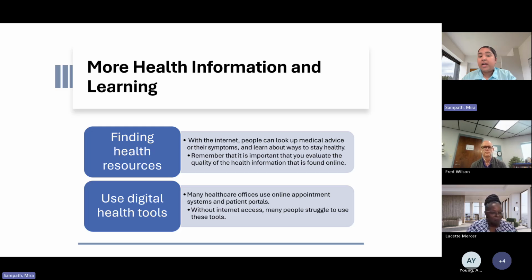But again, without internet access, many people are unable to access these tools that could really have a great impact on their health. So again, to give you another example in context, during the pandemic, many low-income students in cities like Detroit and Chicago struggled with online learning because they didn't have reliable internet access at home. And then without access to these school resources, these students fell behind academically, which again can impact your future job opportunities and your health in the long term.